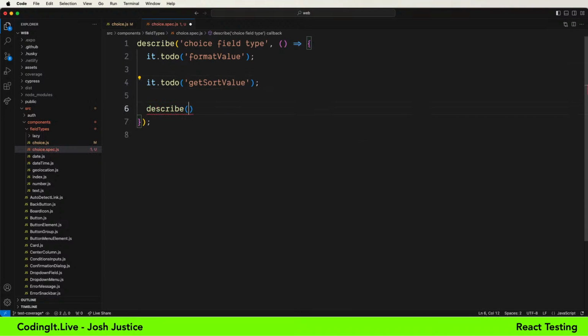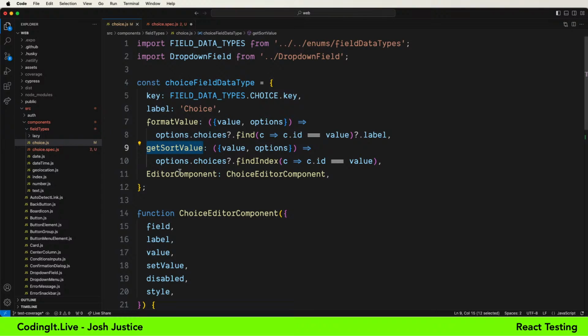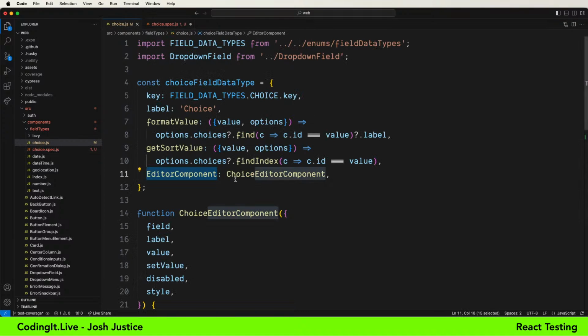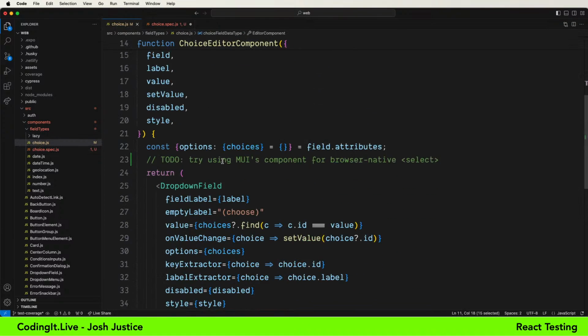And now what we want to do is describe editor component. That's what we expose. So what do we want to test for the choice editor component? We are getting the options being shown. So let's take a look here. There's a label, empty label, not important. The value used, which is like the internally stored value, is this. And I forget if this is required.